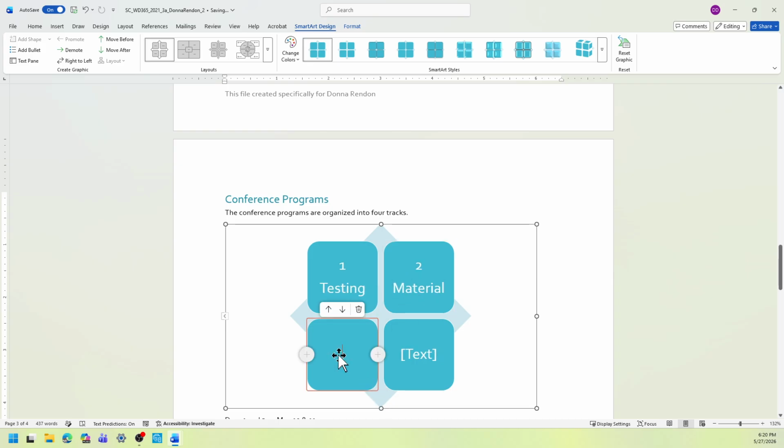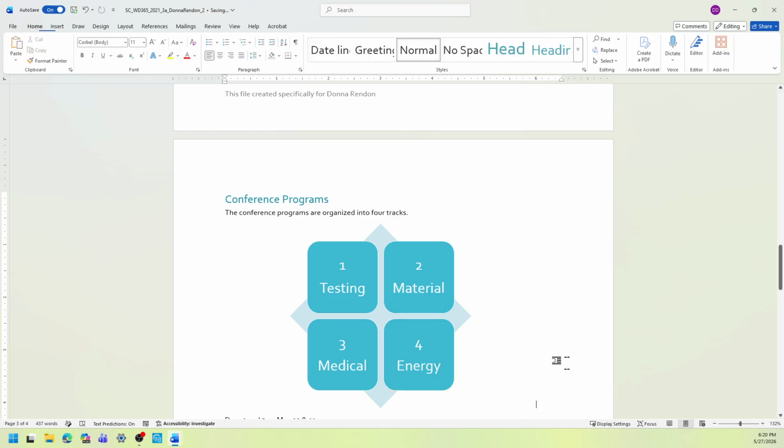And then in the bottom left, type 3, press enter, and then type medical. In the bottom right, type 4, press enter, and then type energy. That's it for this.